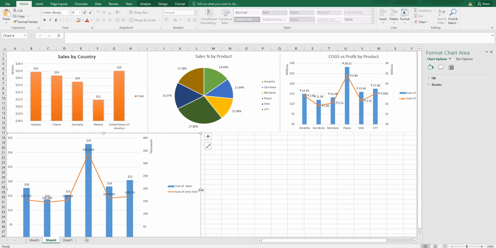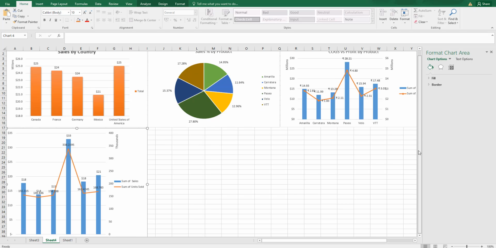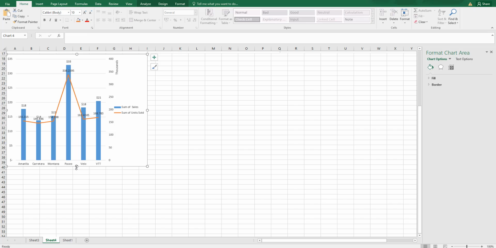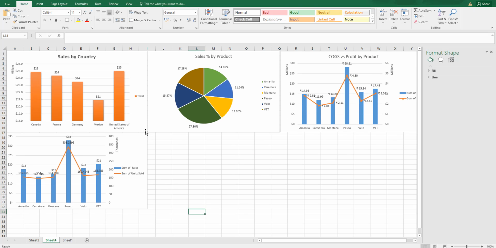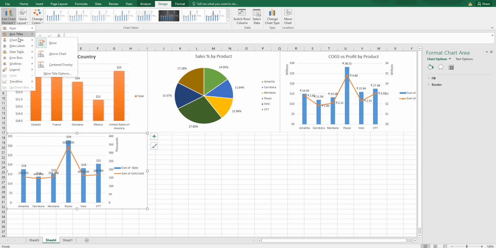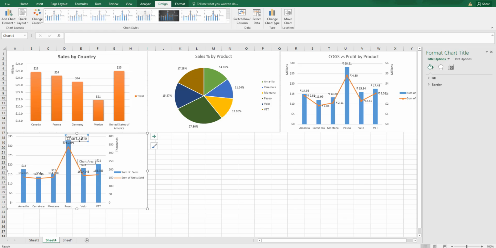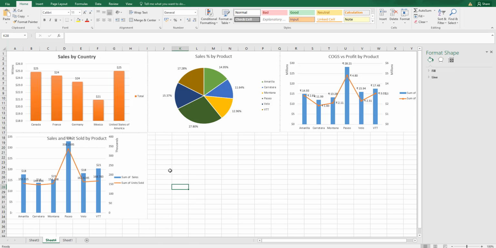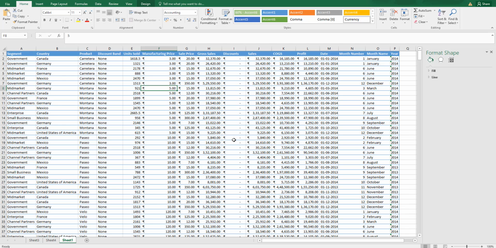Let us quickly do that also by resizing the chart, and also add a title above the chart, and call it sales and units sold by product. Okay. So, just increase the size of this. Okay. All right. Now, let us get back to the data sheet here,